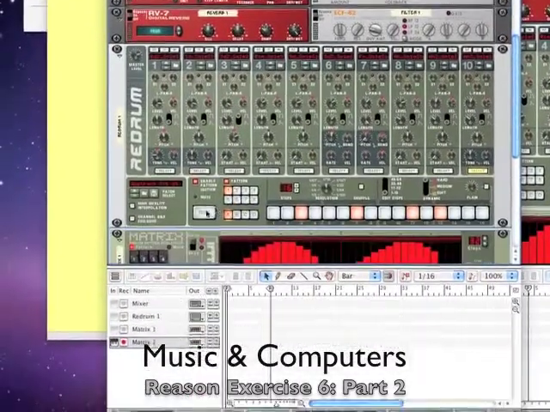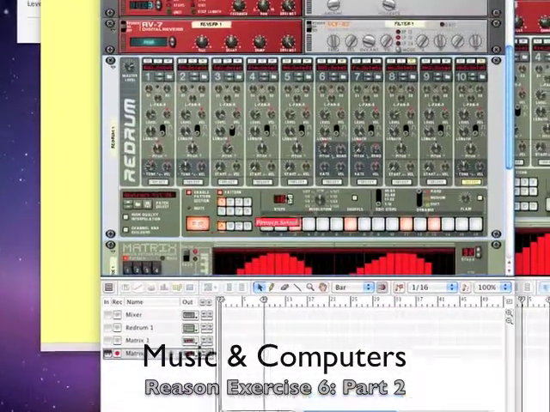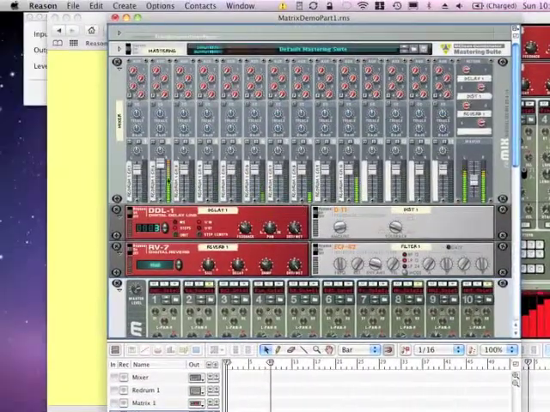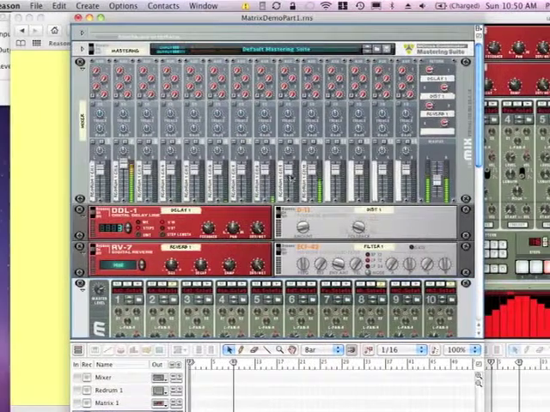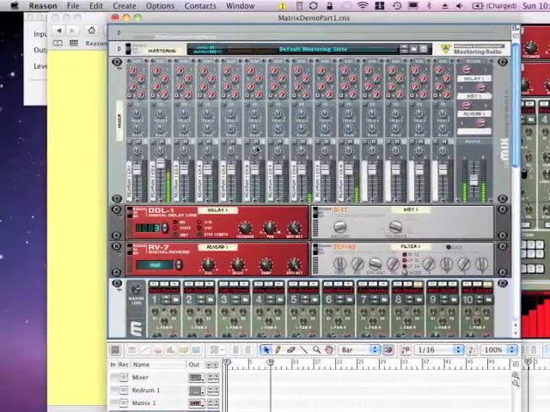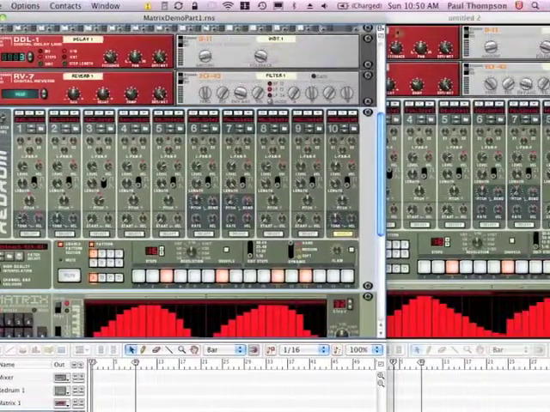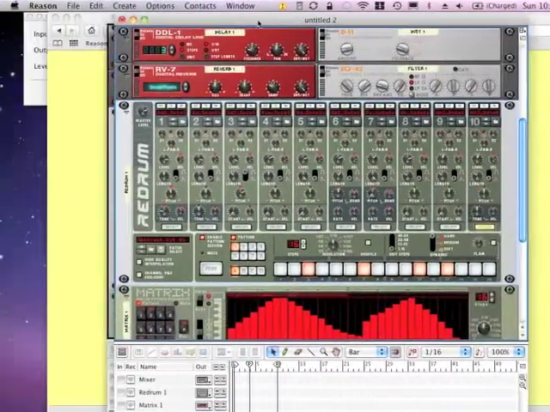So we've got our pattern playing here. It sounds pretty close to what we want. We've got all the drums on their own mixer channel so that we have control. But if I turn this off and we just listen to the original, how we want this to sound,